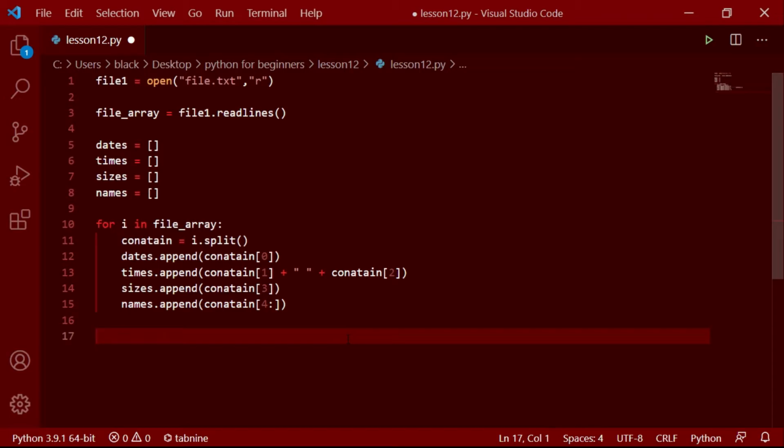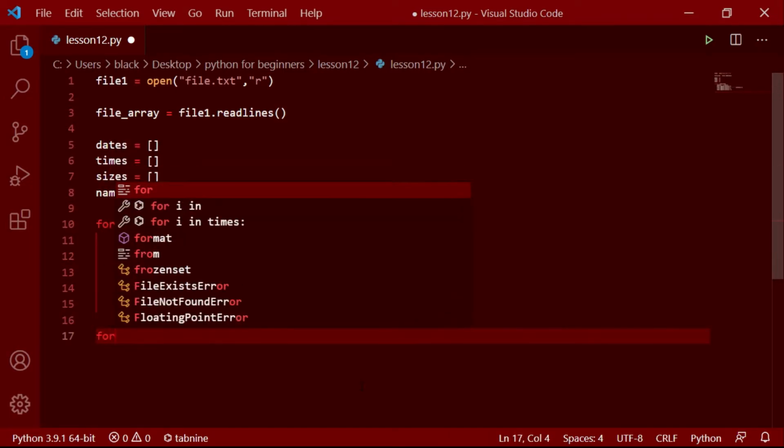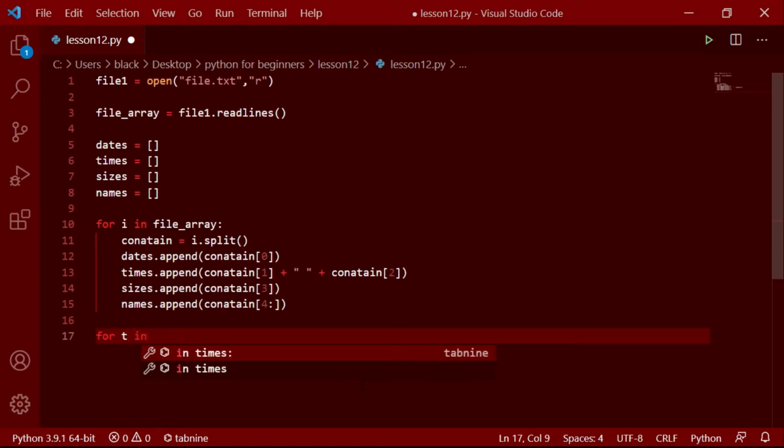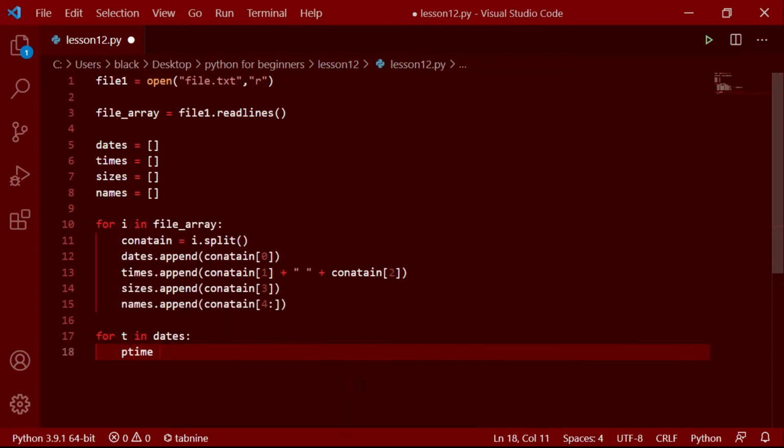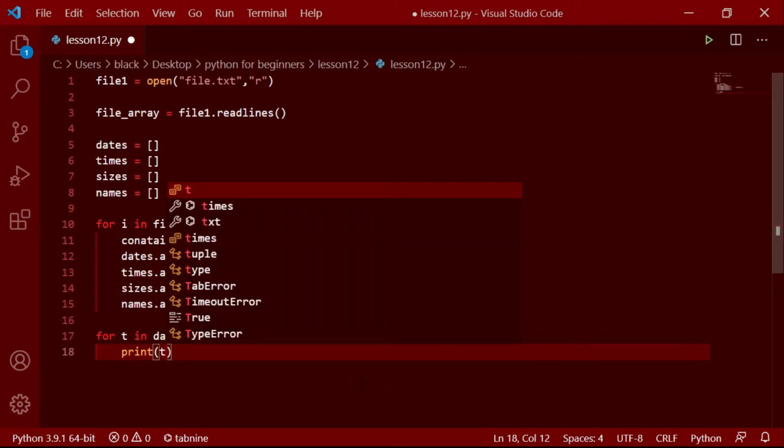And now let's try to print them out. First I'll print. If we print like this, it is a list, so it is hard to identify, so I'll use another loop: for t in dates, print t.